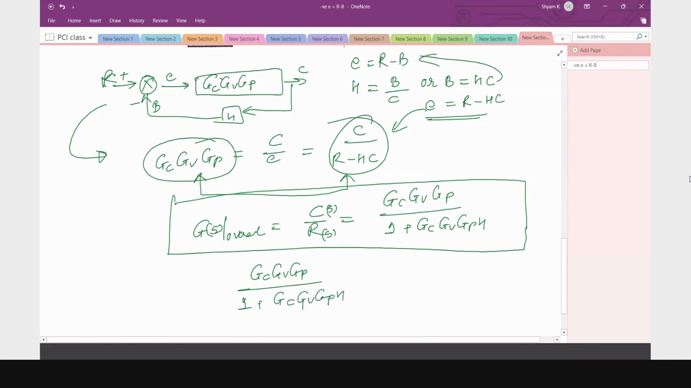GCGV GPH. ठीक है, लड़के 10 मिनट पहले ही क्लास छोड़ जाते हैं।